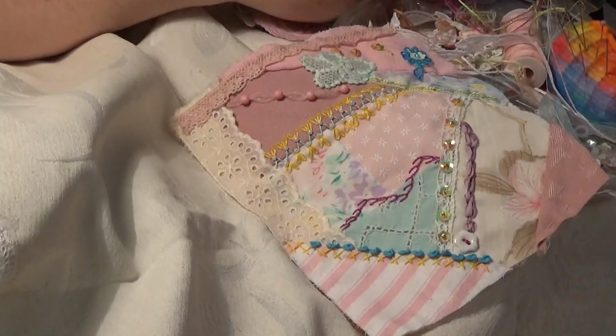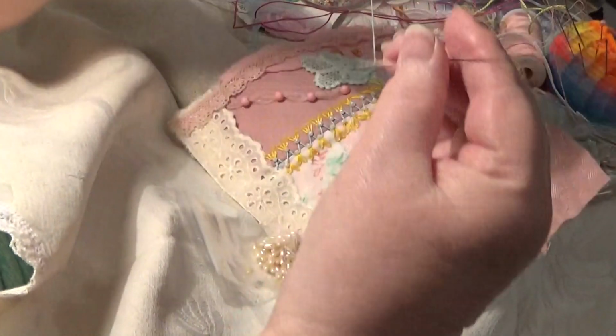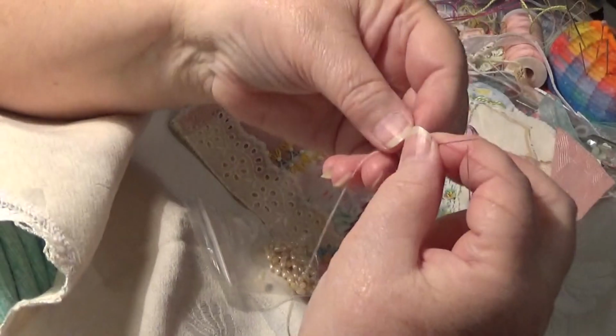Oh, I want to do this first though. Oh, I'm a bit of a fiddle about, aren't I? I do a bit of fiddling about. So I've got two here threaded with cotton, but I don't think they're...